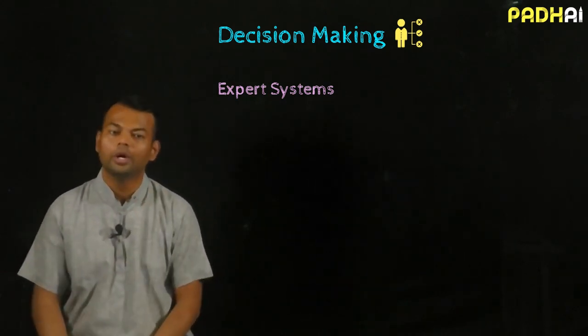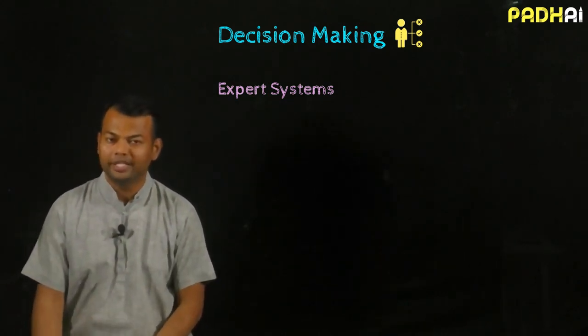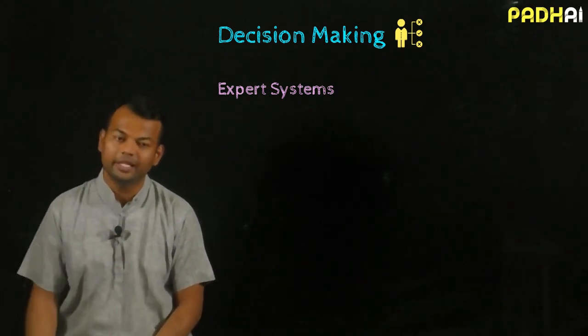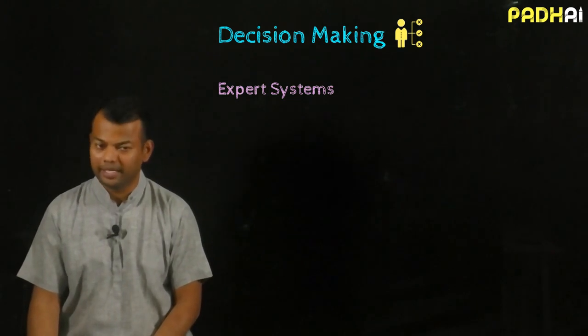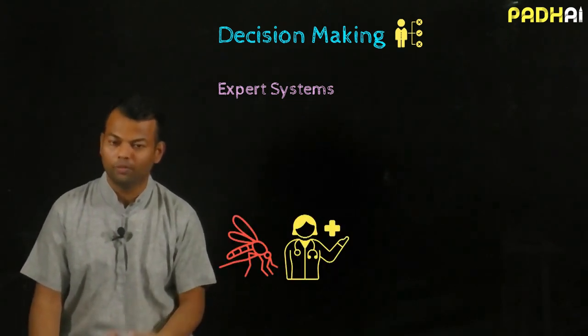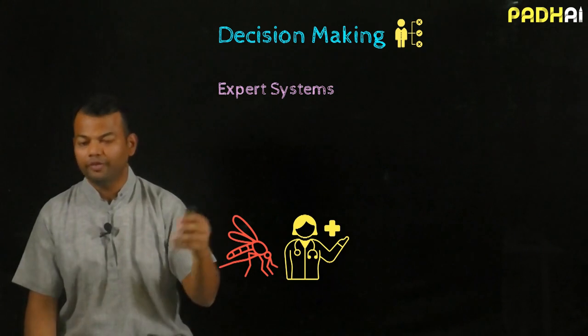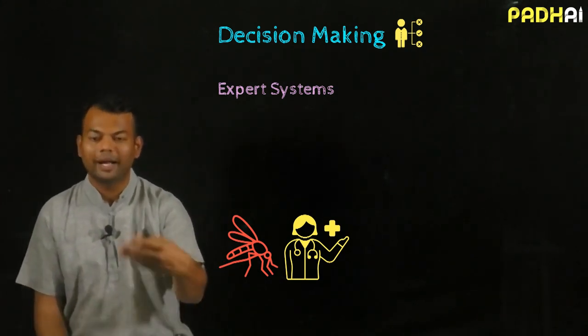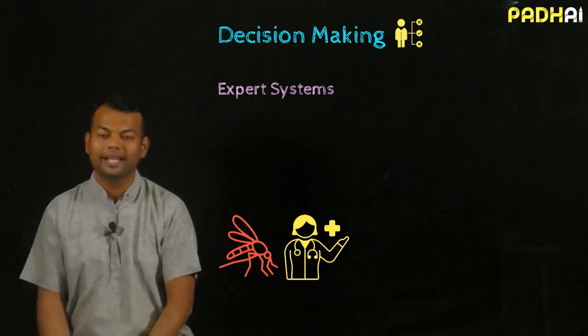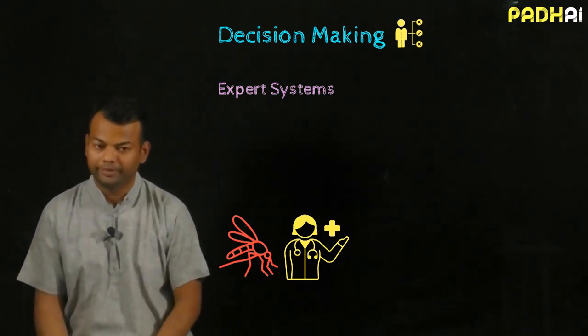So let's see how. Traditionally, in the 50s and say up to the 70s, 80s, expert systems were what was used for decision making, right? So what does an expert system mean and in what context can it be used? Think of a doctor, or think of a hospital which is interested in automatically diagnosing whether a patient has dengue or not, right?